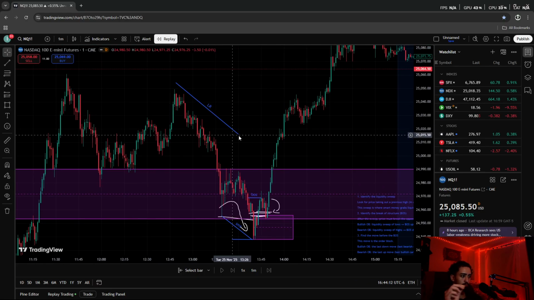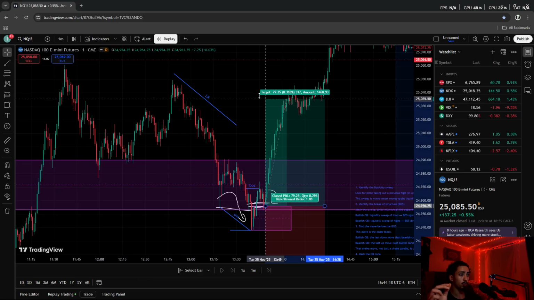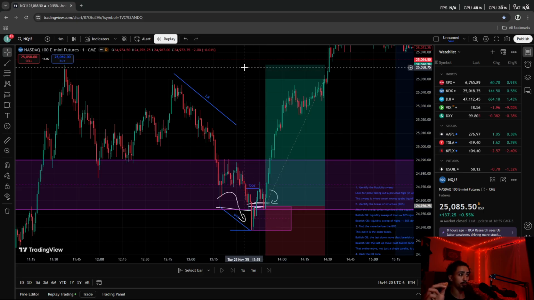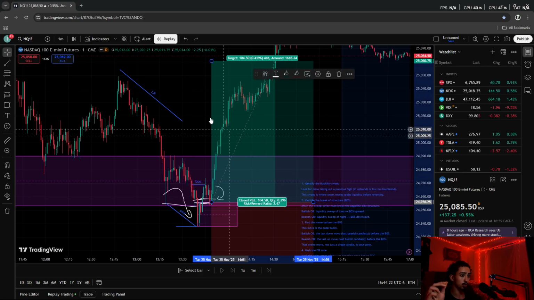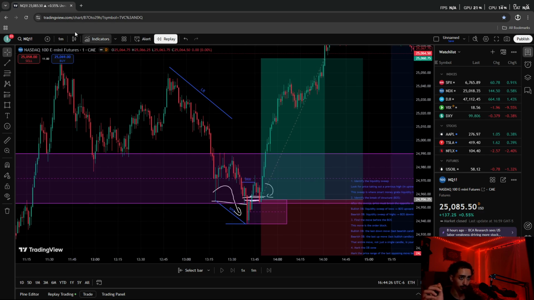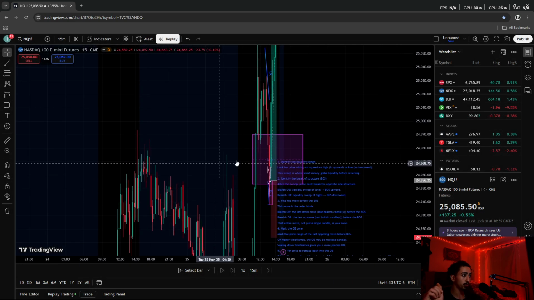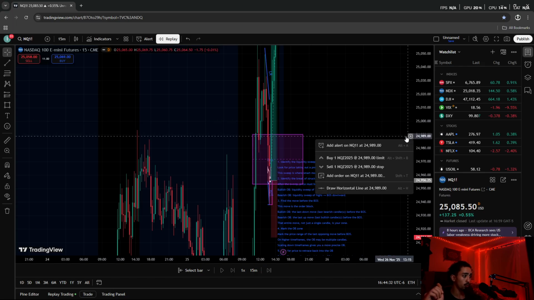Now, what are we targeting and where are we entering? We are entering at the top of the order block, and we are targeting the low resistance liquidity or even higher. It doesn't really matter. Now, a spot where you'd go break even could be